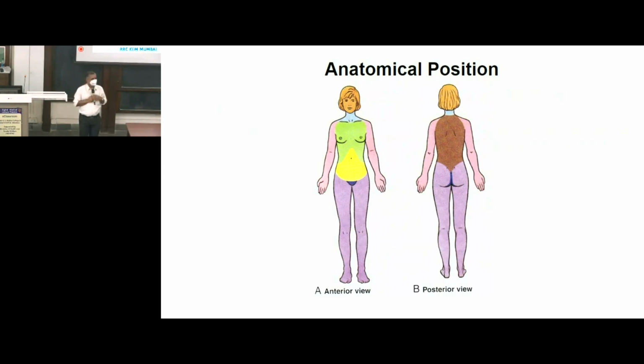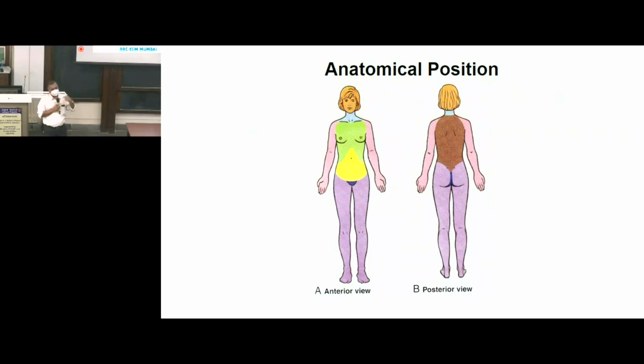Did you get this? So anatomical position is that position of the human body in which the person is standing erect, the upper limb by the side of the trunk and the palm facing forwards, the feet touching each other and the toes facing forward, and the eyes are looking at horizon. This position of the body is called anatomical position. Why do we need to know this anatomical position? Because all the parts of the human body are described as if they were in anatomical position.